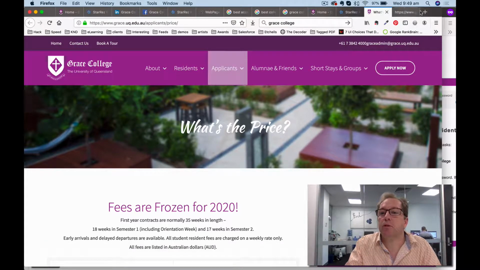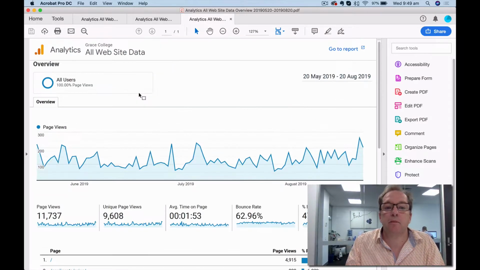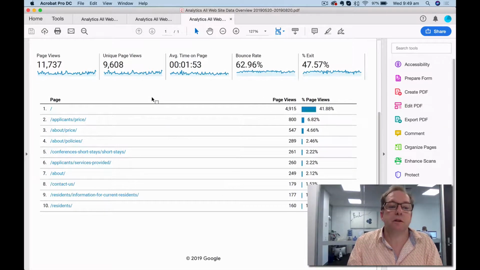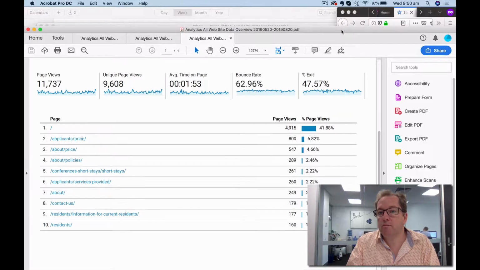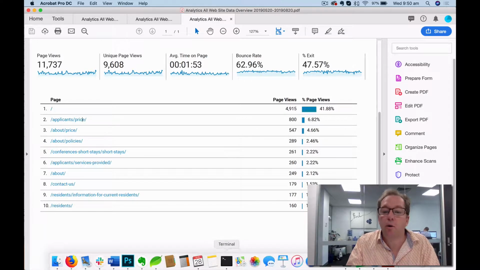If we have a look at your, bear with me for a sec. Let's have a look at your stats. I'm on the all website data users perspective, and what's really interesting is that your second most visited page is price. And about price and about policies. So I would like to think there's a few other paths of engagement just before you get to price. So maybe it's worth rethinking a little bit of this structure,